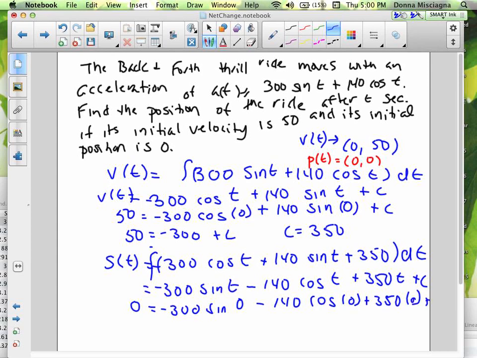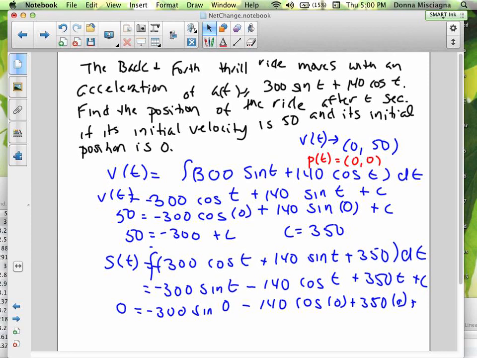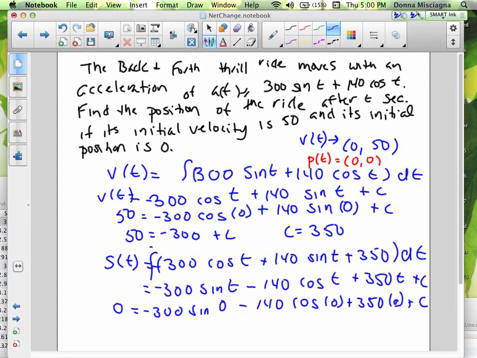Oops, and the c is completely off the screen. Actually, it's non-existent. All right, so sine 0, that's 0. The only one that's not 0 is the negative 140 cosine 0. That's going to be negative 140. And so if we add 140 to both sides, 140 equals c, which means our position function, I need a